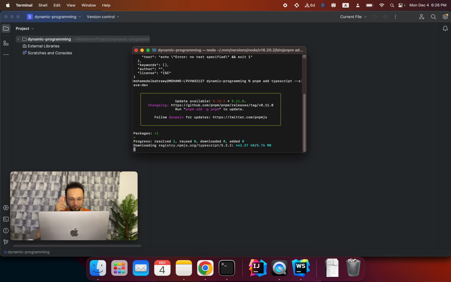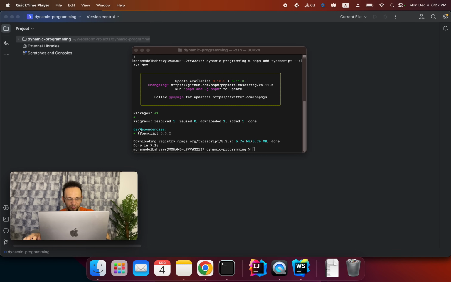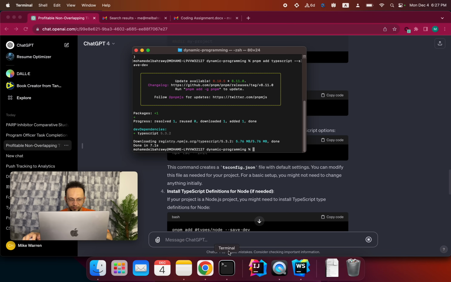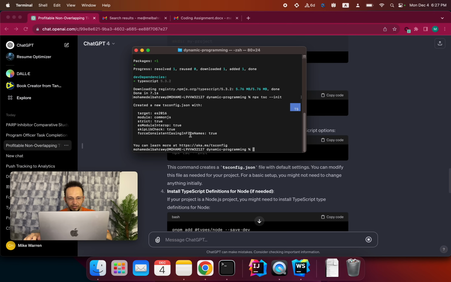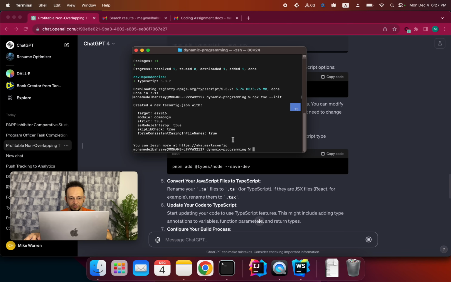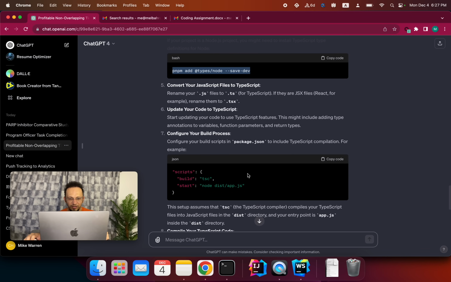This is not our main topic, so I'm just skipping the boring stuff. But that's how we will set up the project. And then we have to use NPX. Again, package management, NPX is package management. And then we have to do PNPM add @types/node. Okay, all those are packages to set up